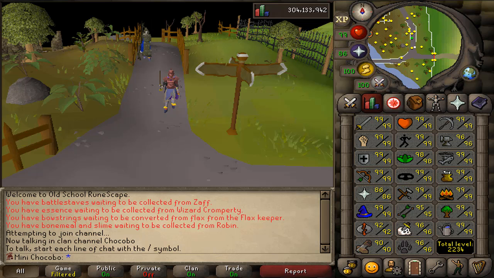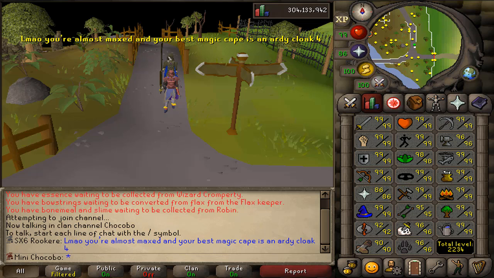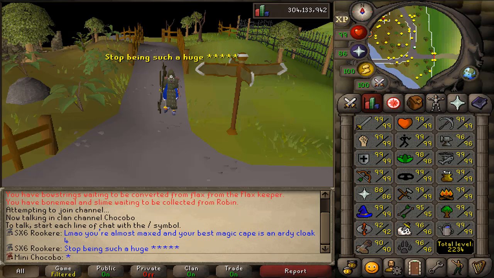Hey guys, it's me Chocobo, and LMAO, you're almost maxed and your best in slot magic cape is an RD cloak 4. Stop being such a huge